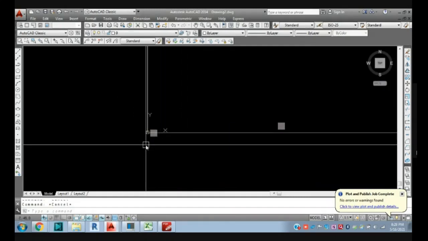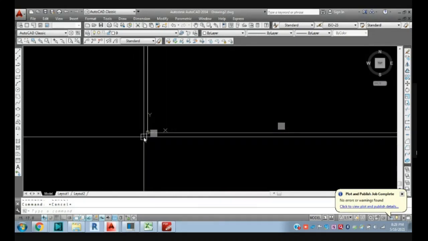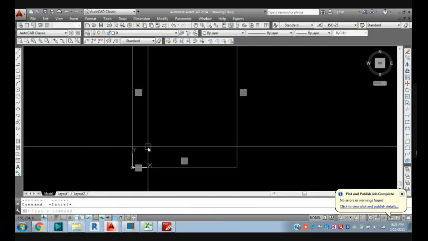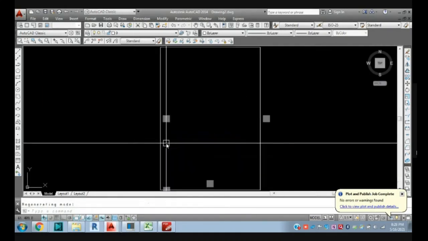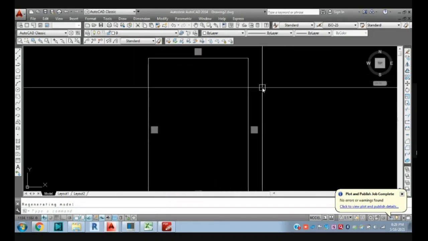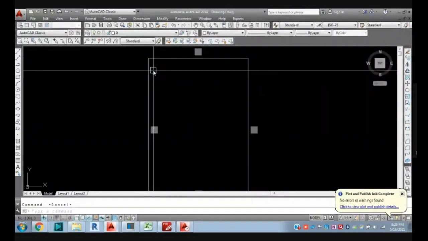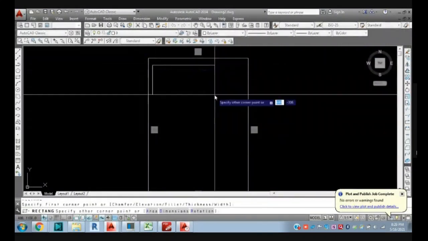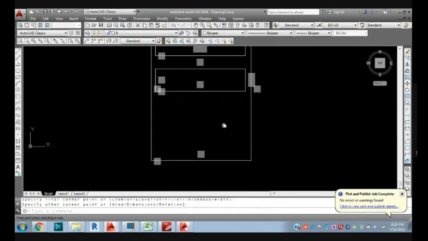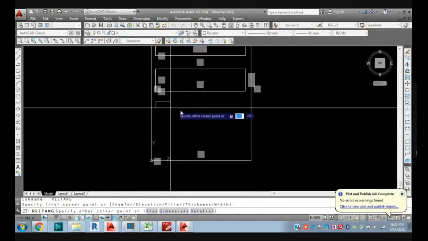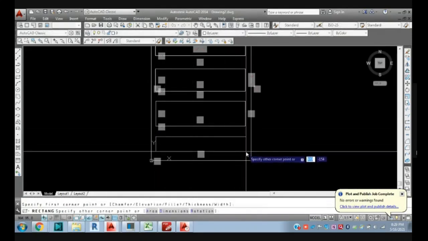Whenever the people accept this file, it comes at the 0 comma 0 location in their file. Once they accept this file, this slab edge will be attached there, and on the basis of that they create their drawing. Suppose this is some pad, and they have drafted their mechanical equipment as per that.